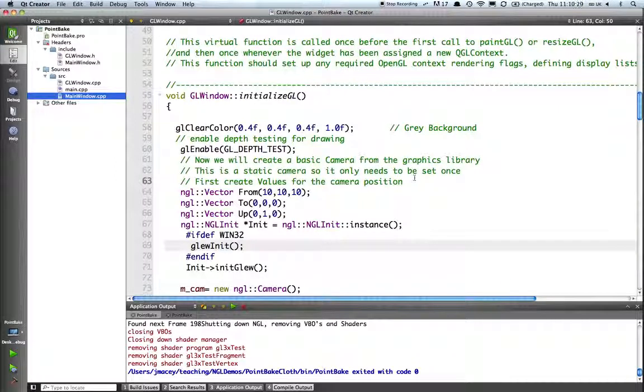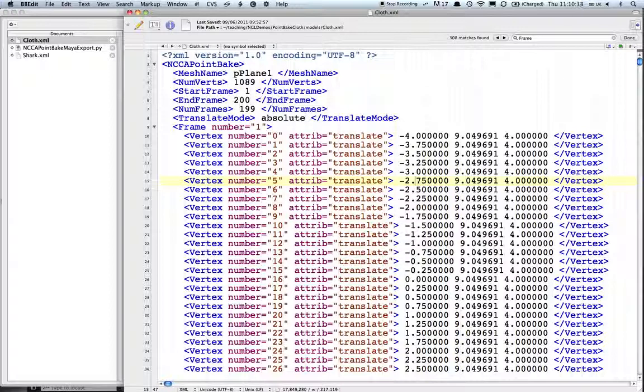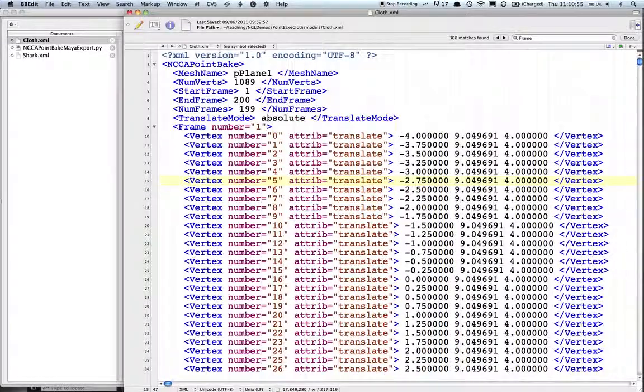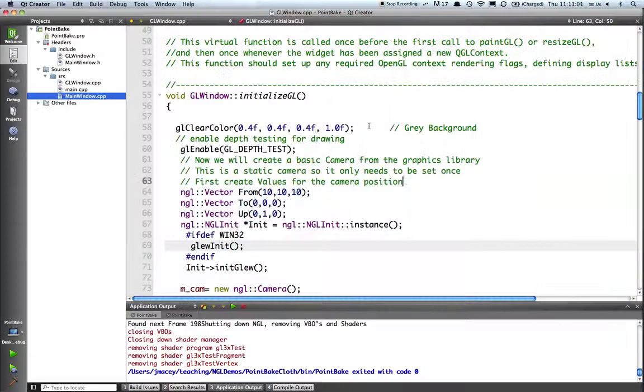So this is the final in the point bake demos. What I've done for this example is I've exported from Maya using NCloth a basic cloth simulation animation. So what we've got is a model which is basically I think a 32 by 32 grid. We then turn it into NCloth, we let it run, and it does a simulation. Fortunately, I can't show you because my license for Maya NCloth doesn't work at home. Weird Maya licensing. Anyway, I exported that when I was at work, and what we're going to do now is